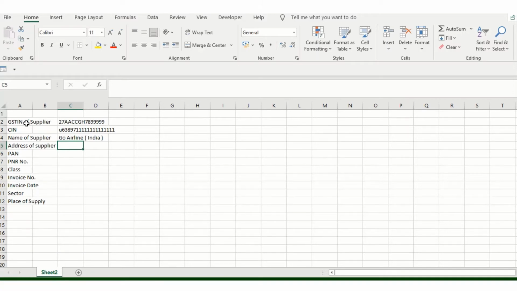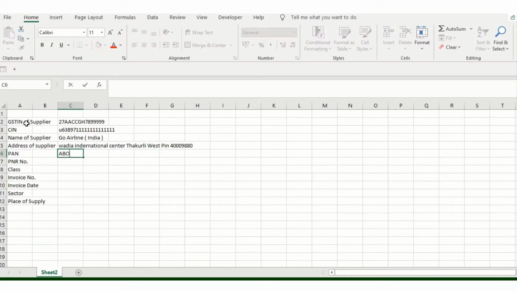Suppose I'll add Wadia International Center, Thakurli West, and then some pin number, 40099. I'm just adding the details in the meantime, folks.